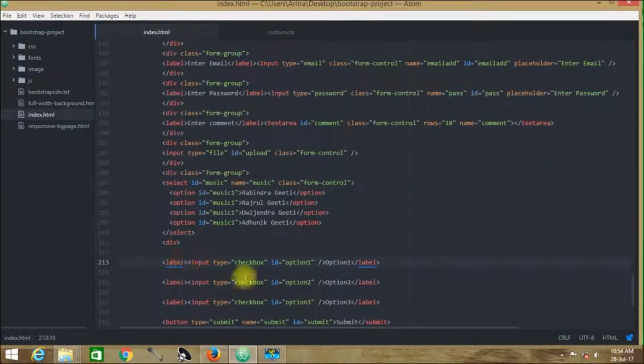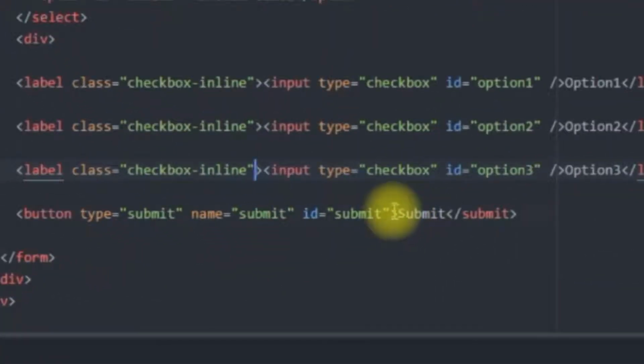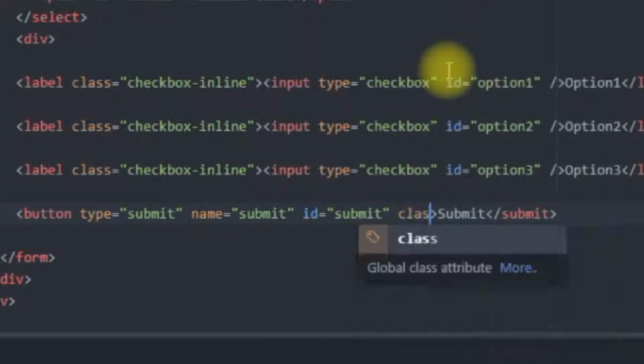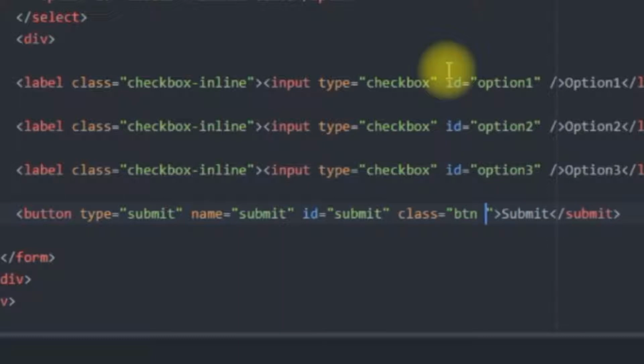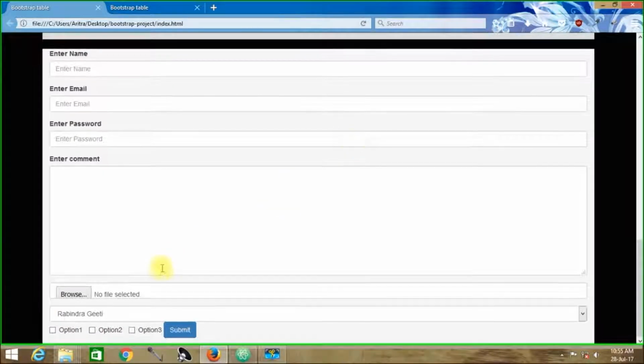Now for this label, we are using another term here which is known as label class. So all you need to do, we need to just copy this thing and paste it over here. And in the final case, button type submit, name submit, here practically we can use class button. We are using here button primary. This is practically another class that has to be used over here. We will be seeing just by varying those classes, as we can see that the button property is now changed from the initial thing, it is now getting into a colored button.